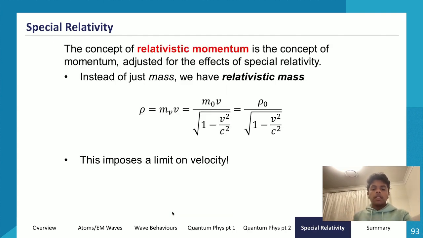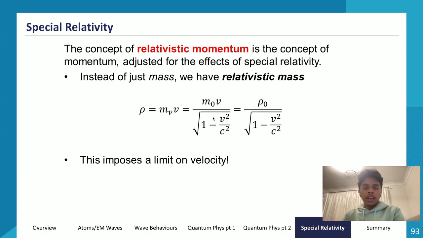So let's now look at the concept of relativistic momentum. So this is the concept that tells us, so it's like the third or second dot point, that the closer we get to the speed of light, the more and more energy that we need. So the closer we get to the speed of light, the closer to infinity energy that we need. So if we want to achieve the speed of light, we kind of need infinite energy. So there's an asymptote at the speed of light.